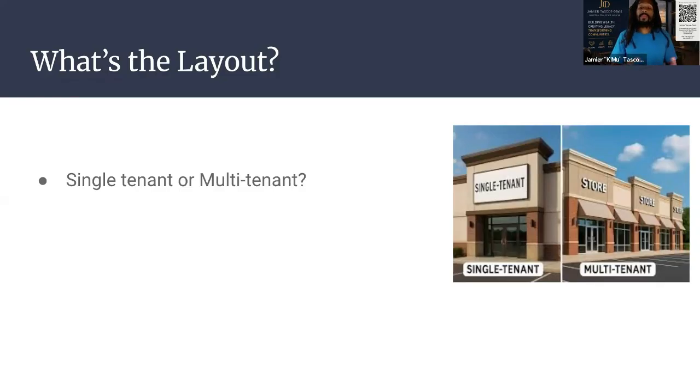But we also have the multi-tenant aspect where, of course, multiple tenants give you a bit more breathing room and a bit more security just in case one tenant leaves. Because a single tenant is just like having a single family home. If that tenant leaves, well, now you don't have any income. So that's why all of these things are property specific, and I'm not talking about the market or the location specifically, but we've already talked about the tenant itself, which is also the lease structure. And now we're talking about the actual layout of the property.